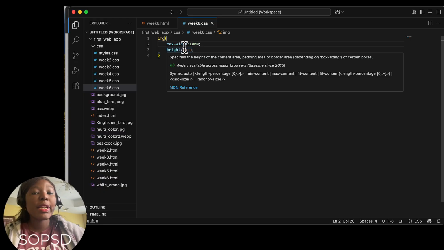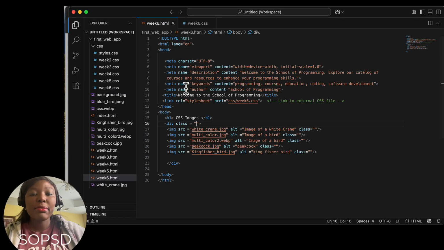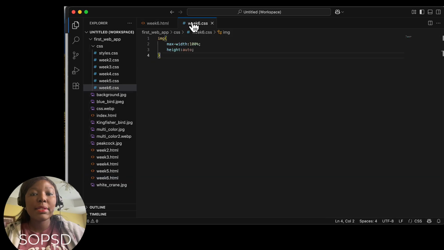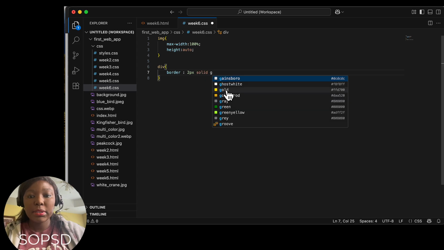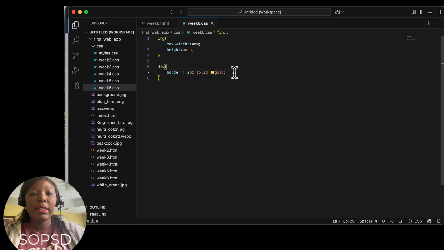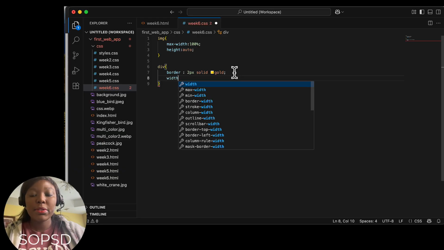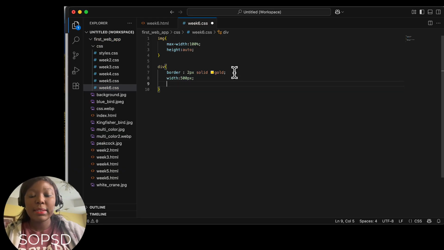So we can create a container for our image. We have the div tag surrounding this image. Let's say we have a div here and let's put a border here to be 2px solid, and let's put a color, let's put gold, for the div. And let's say the container has a width of, let's set the width to be 100% and let's set the height to be 250 pixels, and also we want to put a property we call